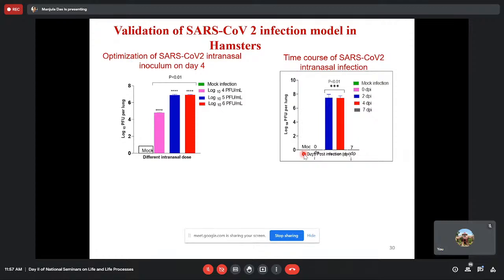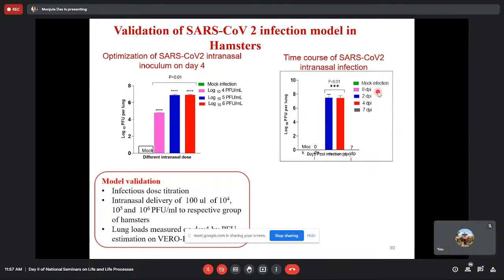Infection model was standardized in hamster. So we could use 10 to the power 4 PFU per ml. We use different concentrations of the virus, and we saw that 10 to the power 4 to 10 to the power 5 PFU per ml is good enough for the viral infection. And the 4 days we used it for